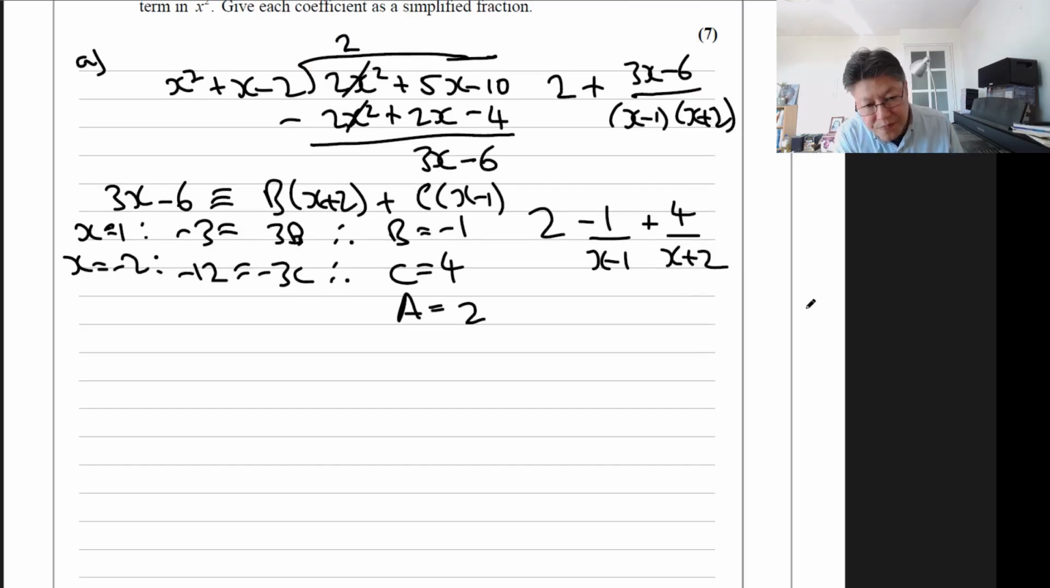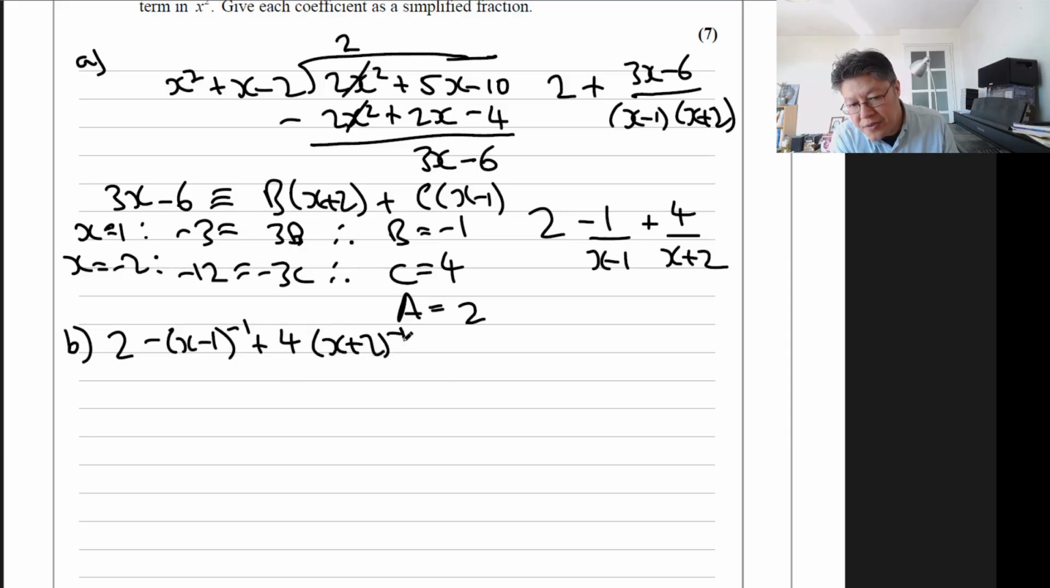So part B, we better prepare this for the binomial expansion. We get 2 minus, and we're going to bring these up. So we have (x minus 1) to the power of -1 plus 4(x plus 2) to the -1. And let's do some further preparations. So we want to get the number term in front, so we're just going to swap these round. So we get 2 minus (-1 plus x) to the power of -1 plus 4(2 plus x)